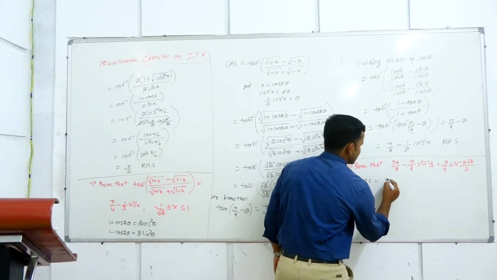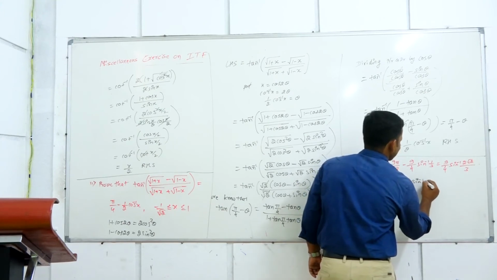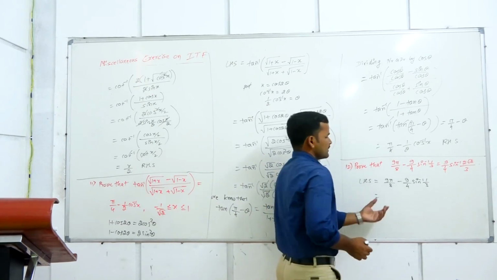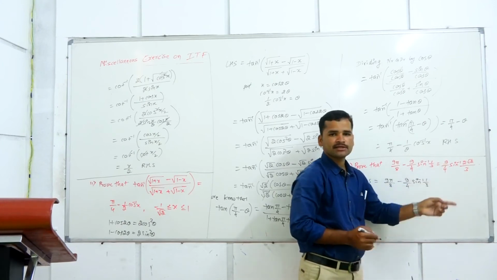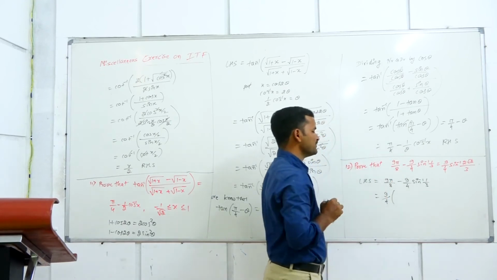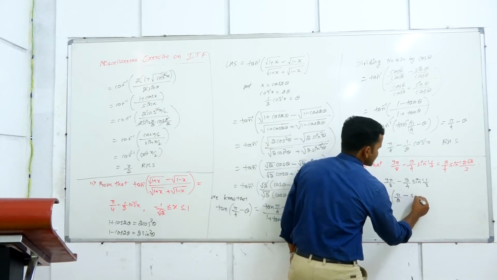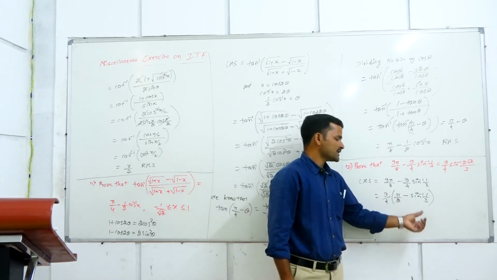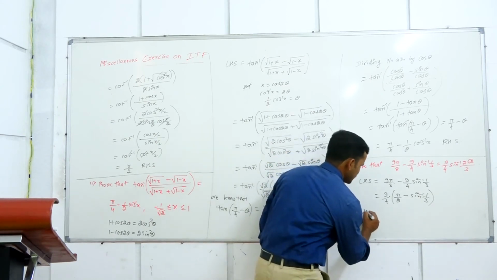LHS is equal to 9 pi by 8 minus 9 by 4 into sin inverse of 1 by 3. This one is, what is common here? 9 by 4 is common. Also you see here 9 by 4 is required for us. Take 9 by 4 common. 9 by 4 into, now the remaining pi, and here 2 will be there: pi by 2 minus sin inverse of 1 by 3. Pi by 2 minus sin inverse of 1 by 3, you can use the direct formula here. What is that? Using